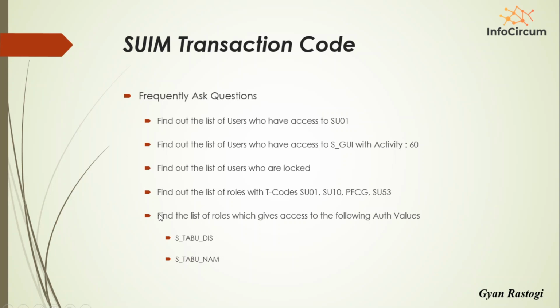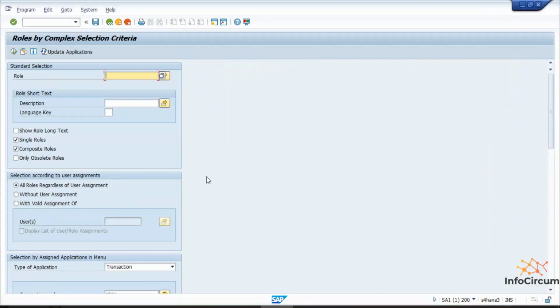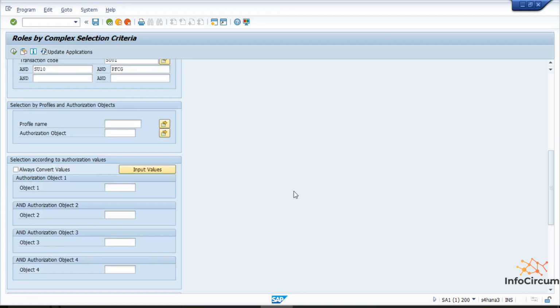Now, we can also find the list of all roles which give access to the authorization objects S_TABU_DIS and S_TABU_NAM. Okay, so we are going to find out the list of all the roles which have the S_TABU_DIS and S_TABU_NAM authorization objects.